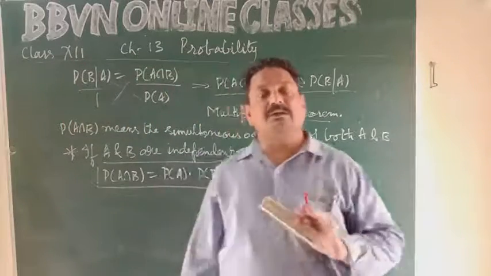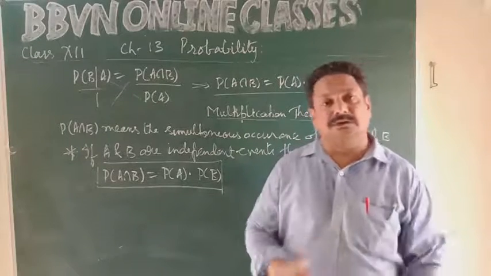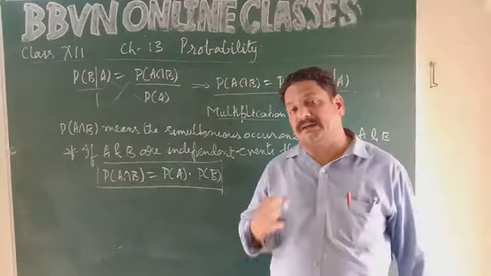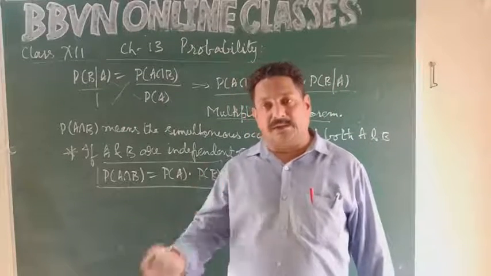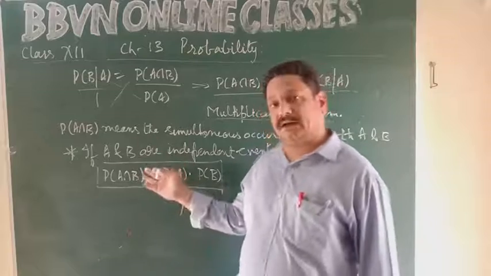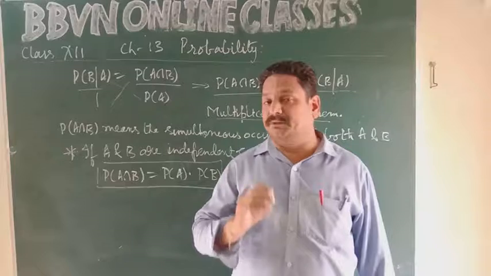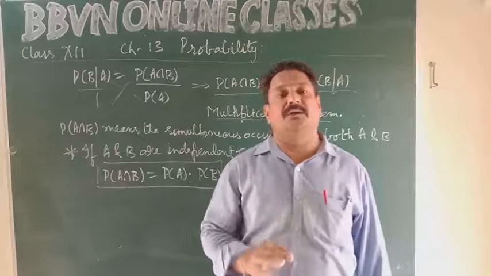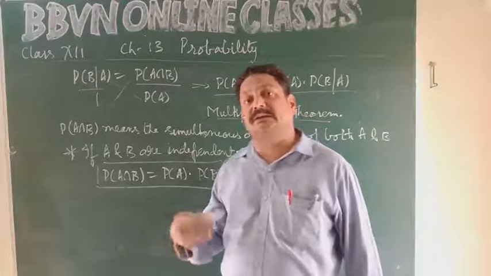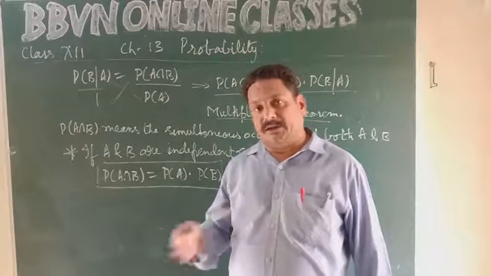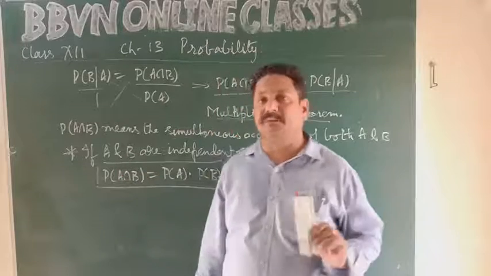Okay children, please go through the NCERT textbooks, the language that is given, whatsoever it is, the theorems. Please develop the habit of going through the textbooks. Okay? And try to get the concept, whatever is happening in the class, it should be matched with what is given in the NCERT textbooks. If you find any difficulty, you are free to come forward with your doubts. Okay? Further more questions we shall discuss in the next class about dependent and independent events, and also we will solve some questions based on conditional probability and multiplication theorem.